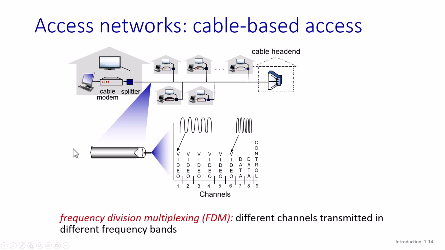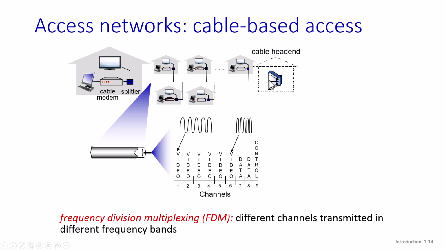Now, in this cable, in fiber optics, we may have what we call frequency division multiplexing, FDM. So different channels transmitted in different frequency bands. So here we have channel 1 to channel 9, and video on channel 1 is transmitted at this frequency, and video on channel 6 is transmitted at this frequency. Now, this frequency is higher than this frequency, and these may be related to our streaming video service, and this may be related to data, which is when we access the web or when we exchange emails,